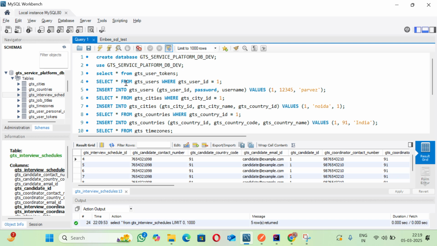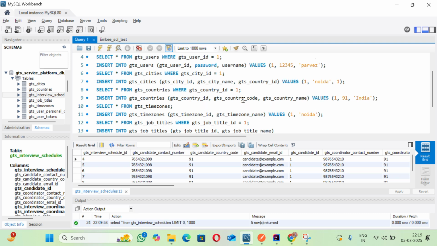So here we insert a user with user ID 1, and we also need to provide a city, which also has ID 1. Basically, I provided all these entries